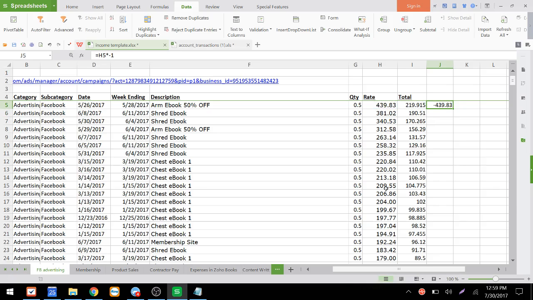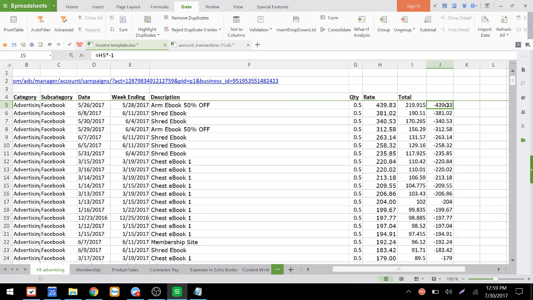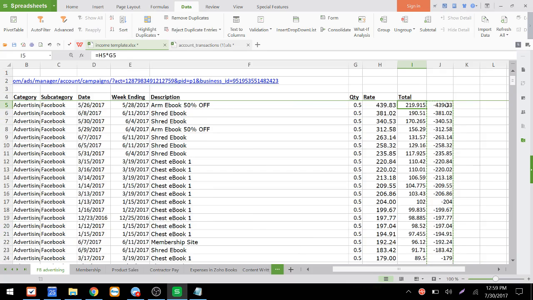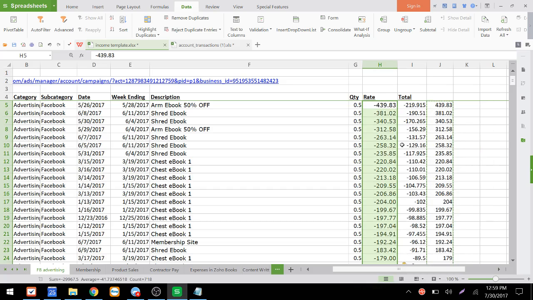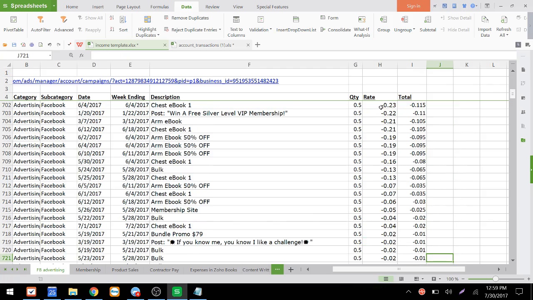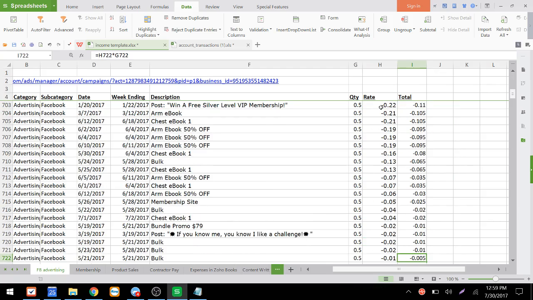Just multiply it by a negative number, and then I'll expand it down and get those all as negative. And then I'm going to copy those, and I'm going to paste them into the rate as values. Looks good, right? Yep. So then we can just delete that. So now you can see our totals here are all negative because of that, okay?